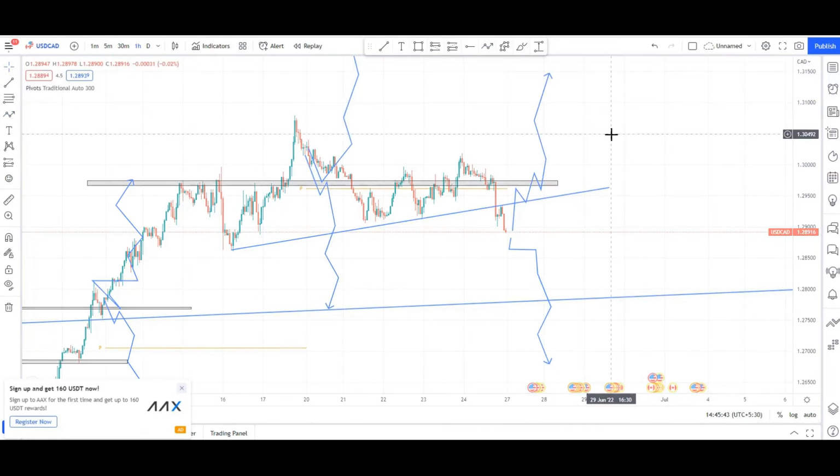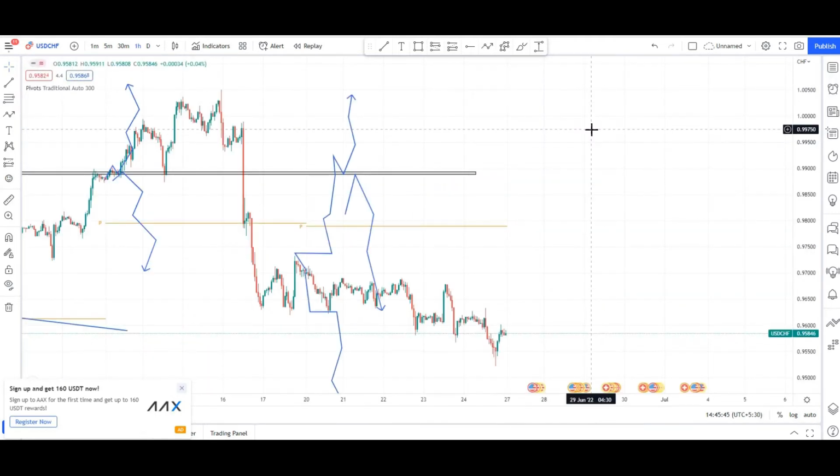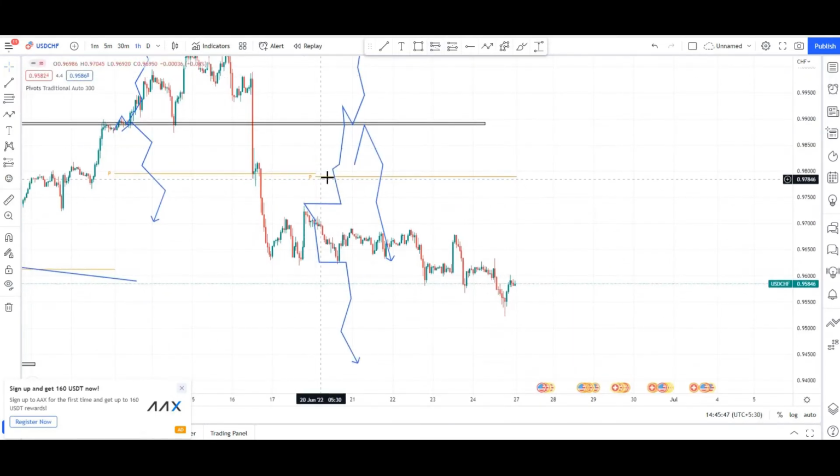Okay guys, we can see the next major forex pair, USD versus CHF. You can see here I have told you if it comes once again somewhere here, but what happened? Consolidation, only consolidation happened. I am telling you, I have not taken any profit or any loss at this time, because this is